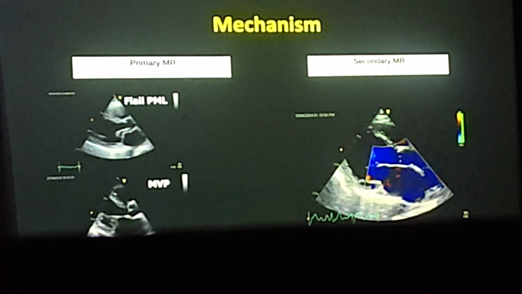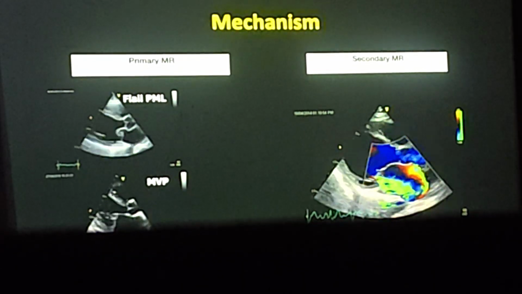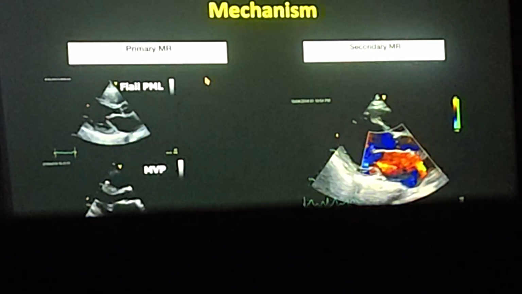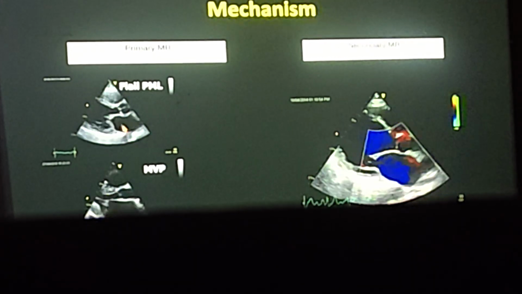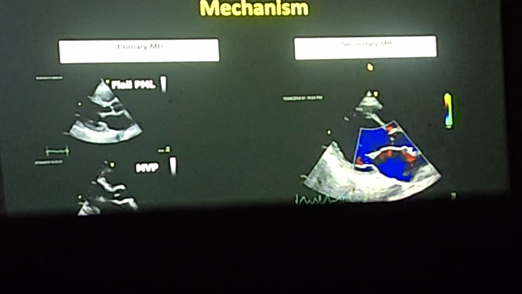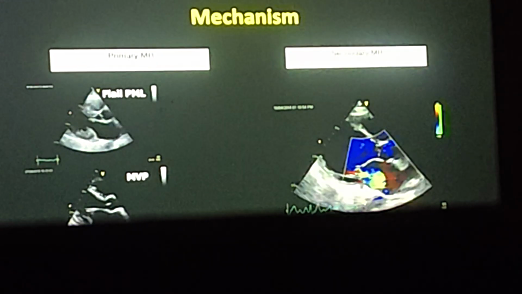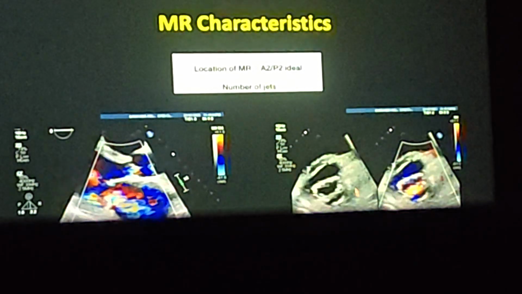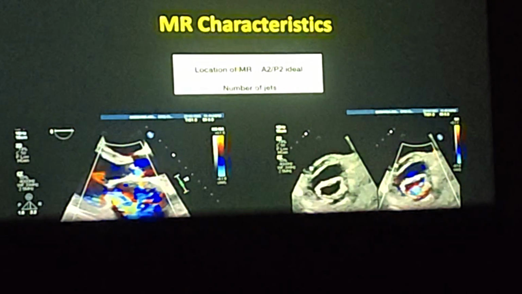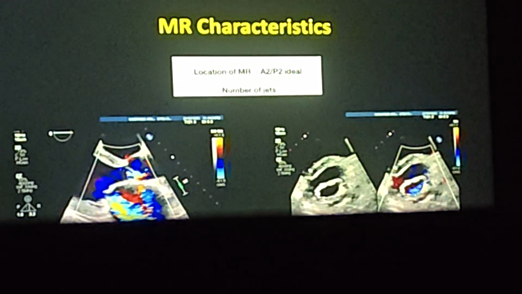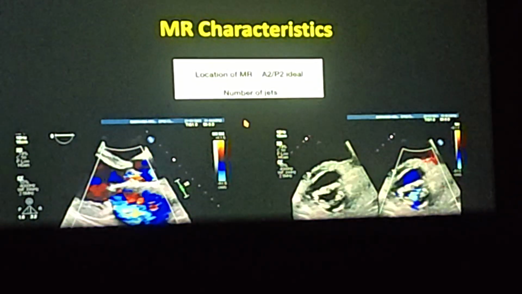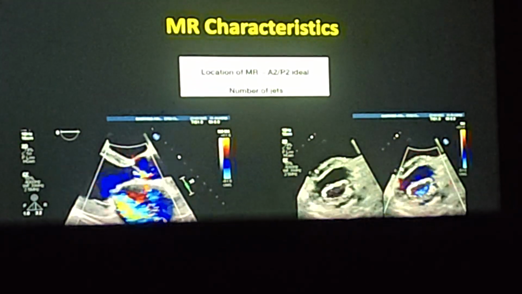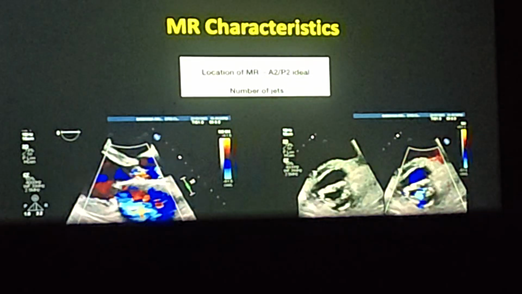And then this you can actually look later, pre-clip and post-clip. You'll see the way the annulus shape changes, so that also is something very nice about the clip. And coming to the MR itself, so you have the mechanism. So first and foremost is understanding any MR, what is the mechanism? That's the first thing. And then it is severity. So here the mechanism can be primary MR, wherein we have the leaflets in terms of a flail or an MVP, and then you have the secondary MRs where you have a problem upstream or downstream, either the left ventricle or the left atrium is involved. And looking at the MR very closely, so where is the MR coming from? So it is ideally, as I said earlier, from A2 to P2, that's the ideal location. And if there are multiple jets, where they are coming from, which is the main culprit jet, so that is the localization that needs to be done.